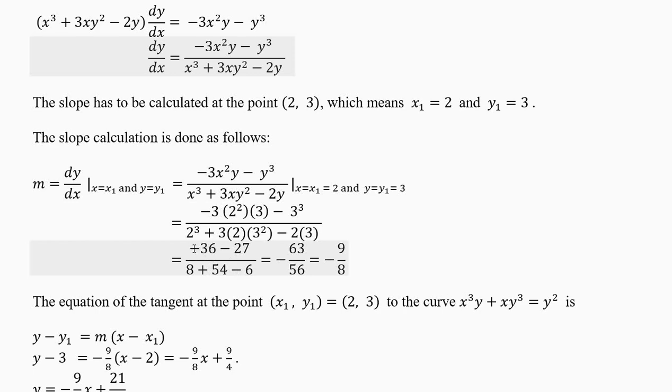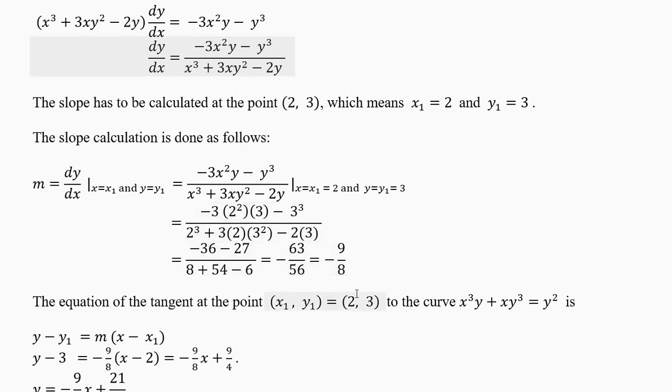So you have on the numerator minus 36 minus 27, which is minus 63. We'll put the minus outside and not inside the numerator. 8 plus 54 minus 6 is 56. 63 divided by 56 and the minus is there. Now cancel out the common number. How much is 63? 7 into 9. 56 is 7 into 8. You should know the table of 7. Why? There are 7 days in a week. 4 weeks is 7 into 4, 28. 7 into 8, 56. 7 into 9, 63. 7 will cancel. So your slope is minus 9 by 8.